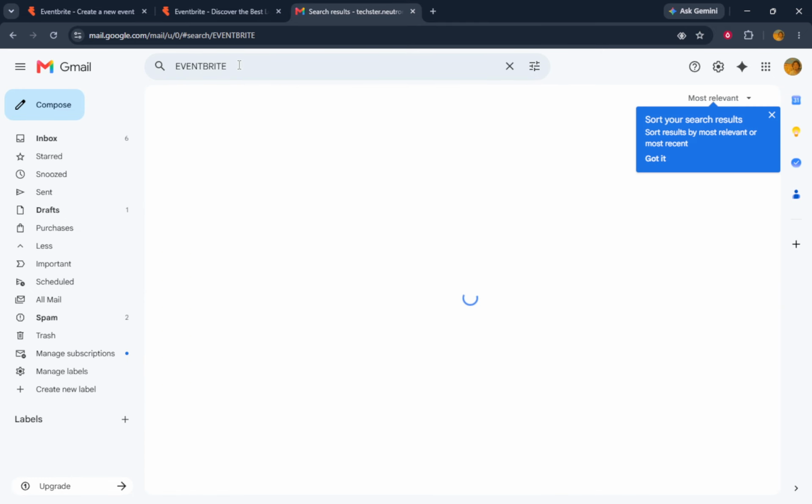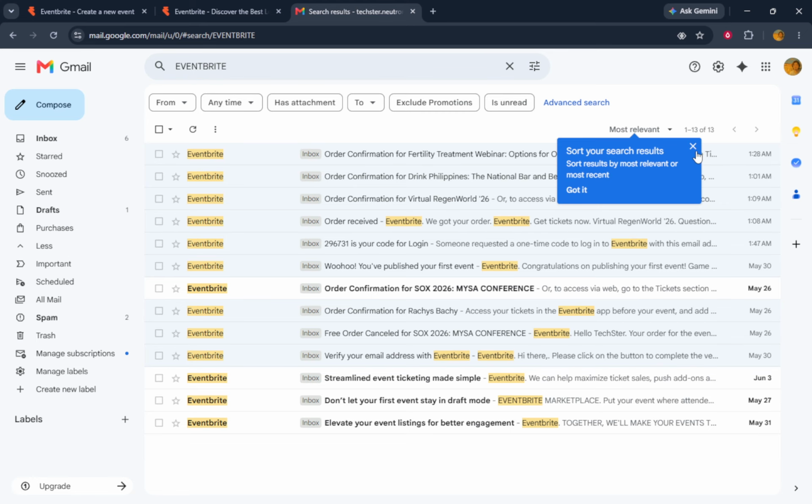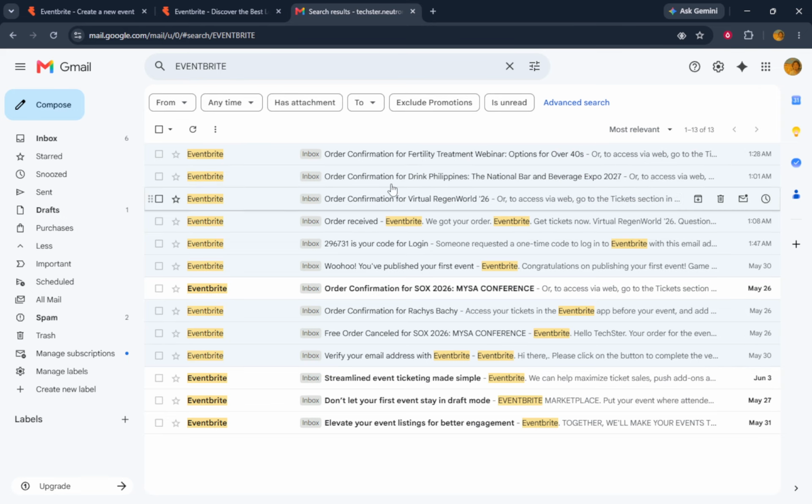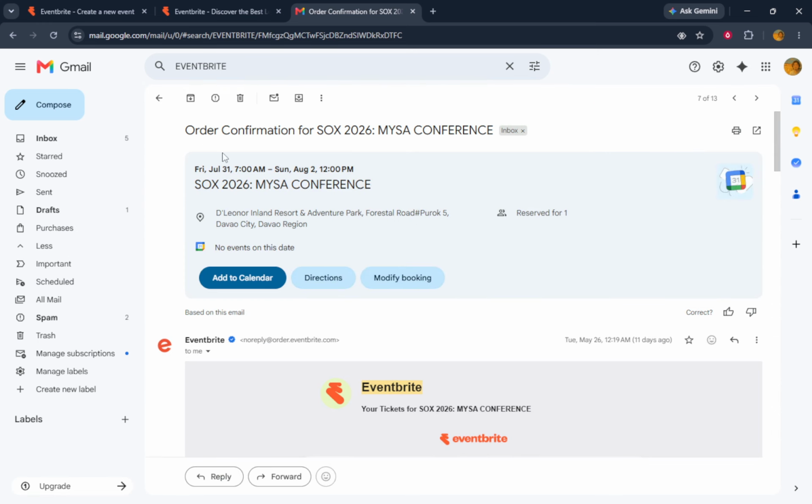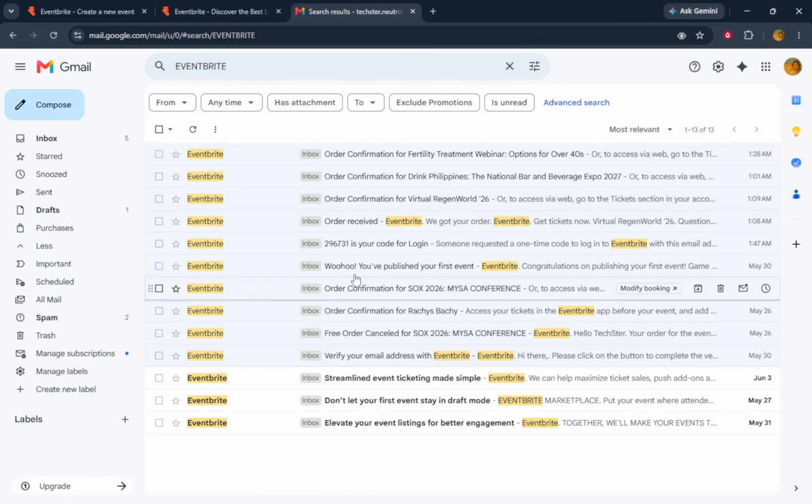Once the results appear, open the emails related to the event or organizer you're looking for. These messages often include ticket details, event updates, schedule changes, reminders, and other useful information. If you've signed up for more than one event, searching by the event name can make it even easier to